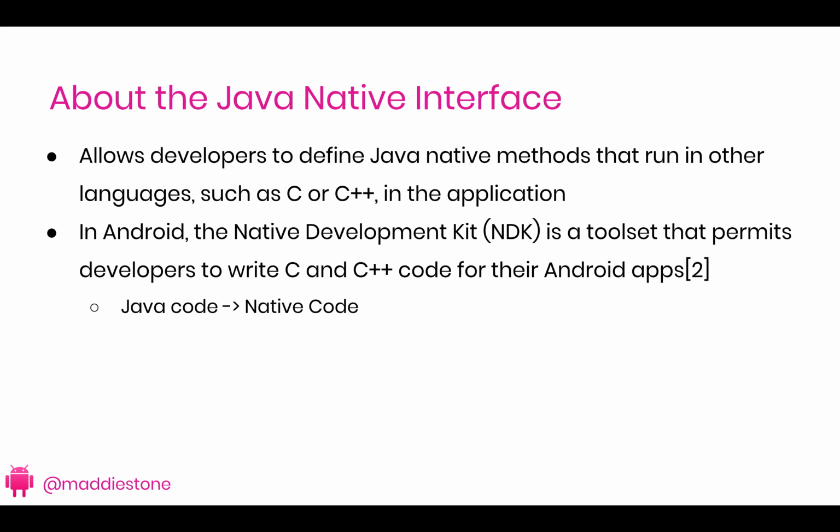It's what allows app developers to define Java native methods that run in other languages, such as C or C++. Because you can think of there's a lot of cases where Java is not the best language to code. So think of things such as intensive math computations or graphics, where you have such a high